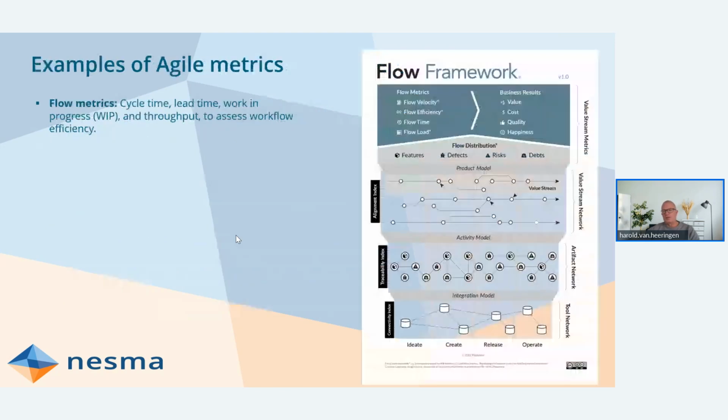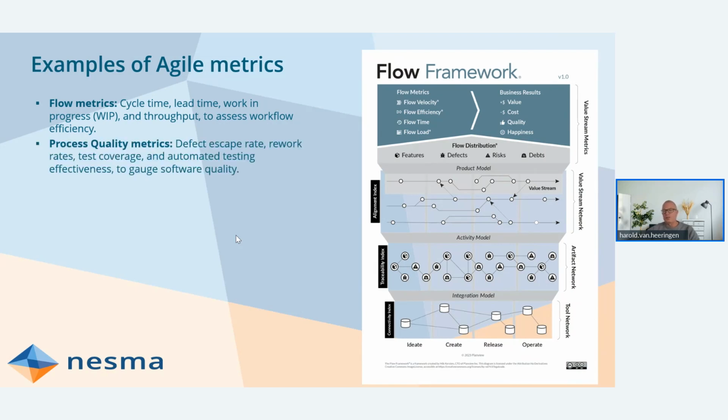All right, so let's dive into a couple of Agile metrics that are used in teams a lot. So we have here the flow metrics that show your cycle time, lead time, etc. So this really shows how many work items you are working on in a sprint. How fast can I get a work item from an idea into production? These are very good flow metrics that you can also use to understand if your team is maybe under delivering or over delivering, etc.